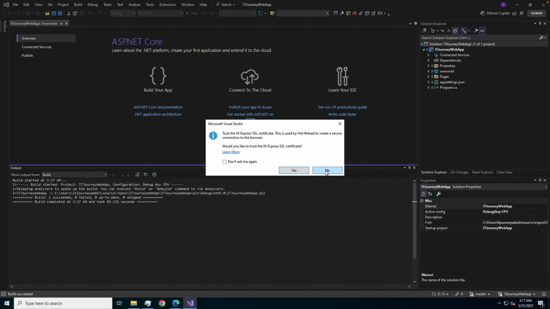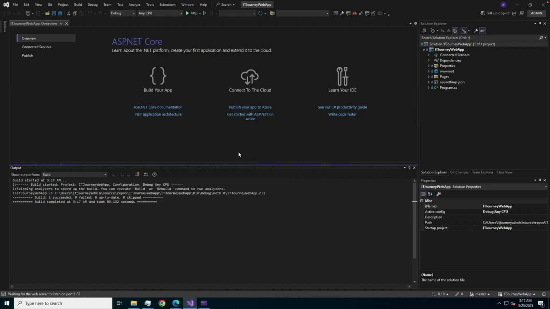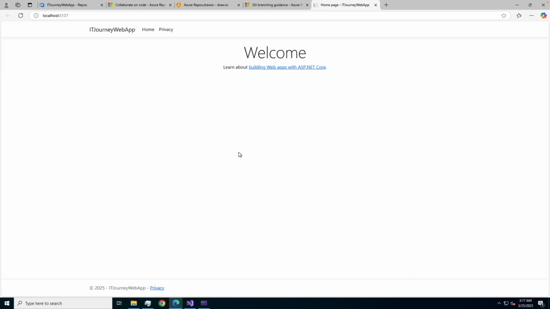Would you like to use trusted? No, we don't have a cert. All right, and right out, now we are able to see our IT Journey web app that we used Visual Studio to create. This is our web app page. The app is functional. Our source of truth, which is the master branch, is up and running. We can see that it's giving us the welcome page,